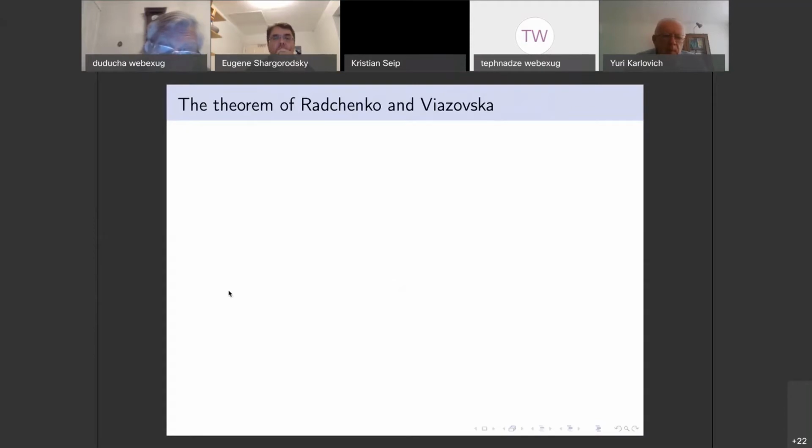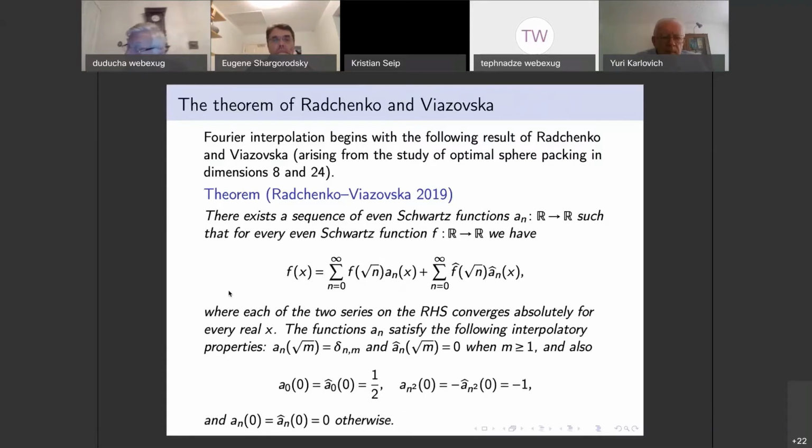The inspiration for this activity is a recent theorem of Radchenko and Viazovska, which reads as follows. We are dealing with even functions, just to make statements a bit simpler. There exists a sequence of even Schwartz functions a_n on the real line taking real values, such that for every even Schwartz function f, we can write f as the